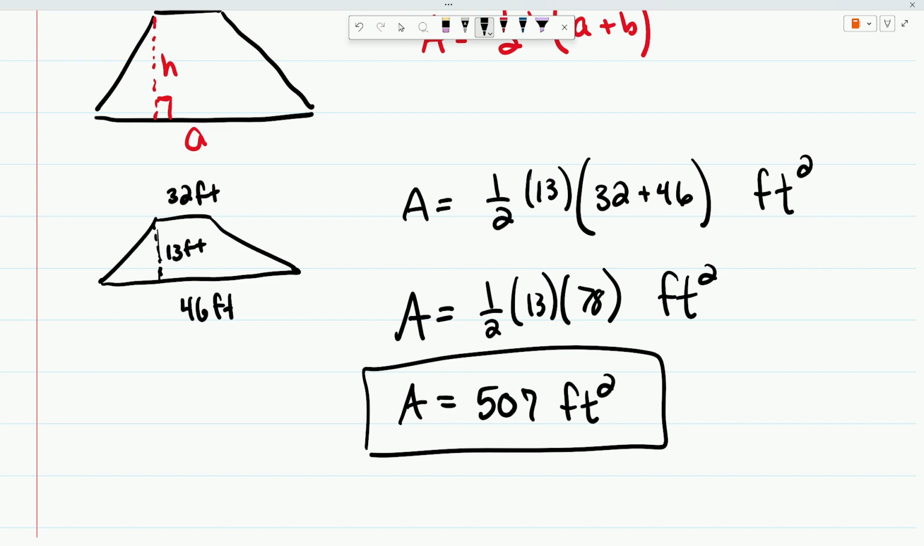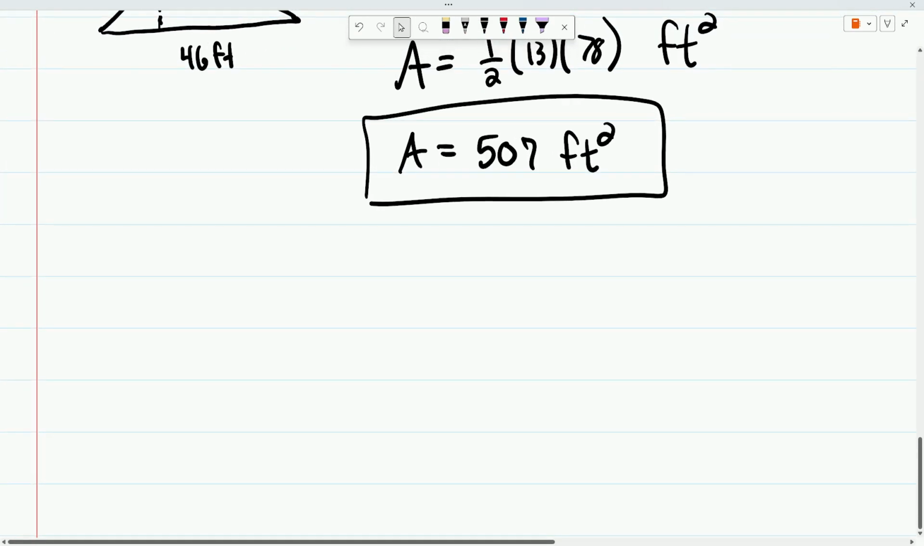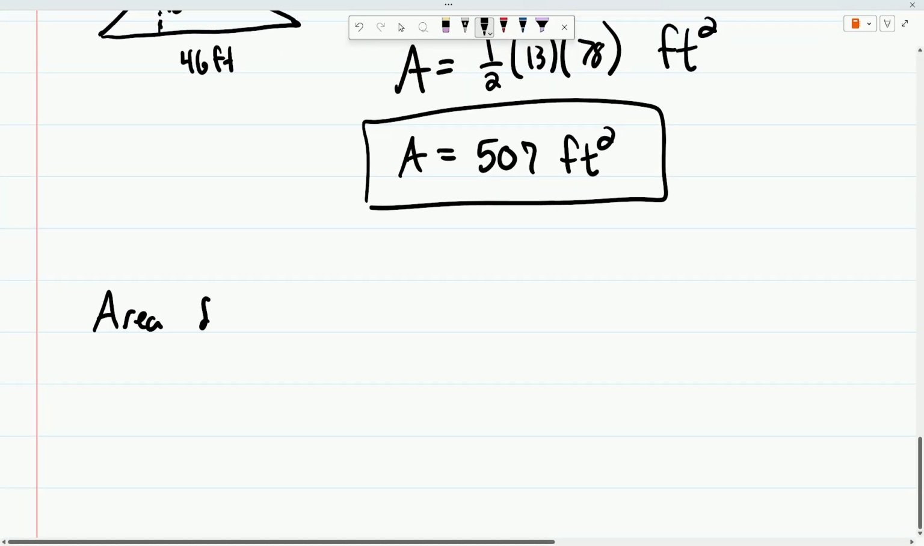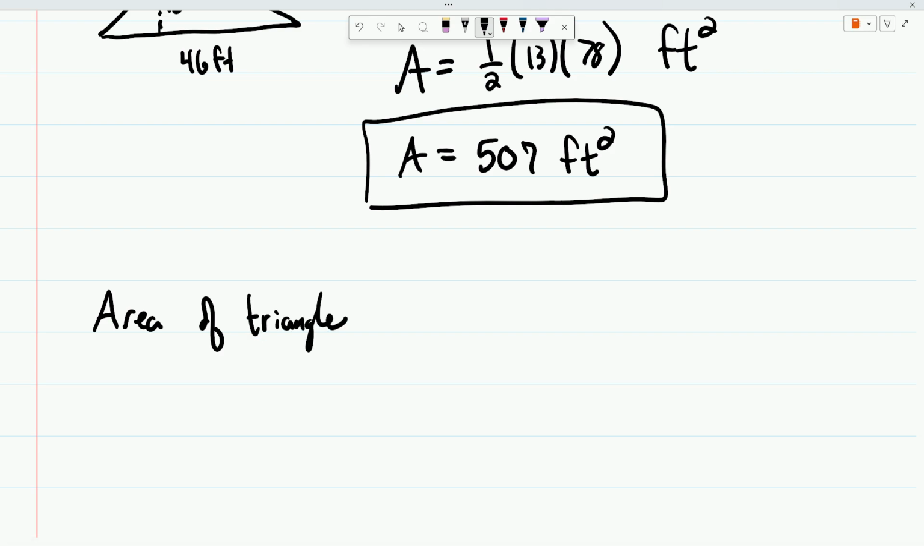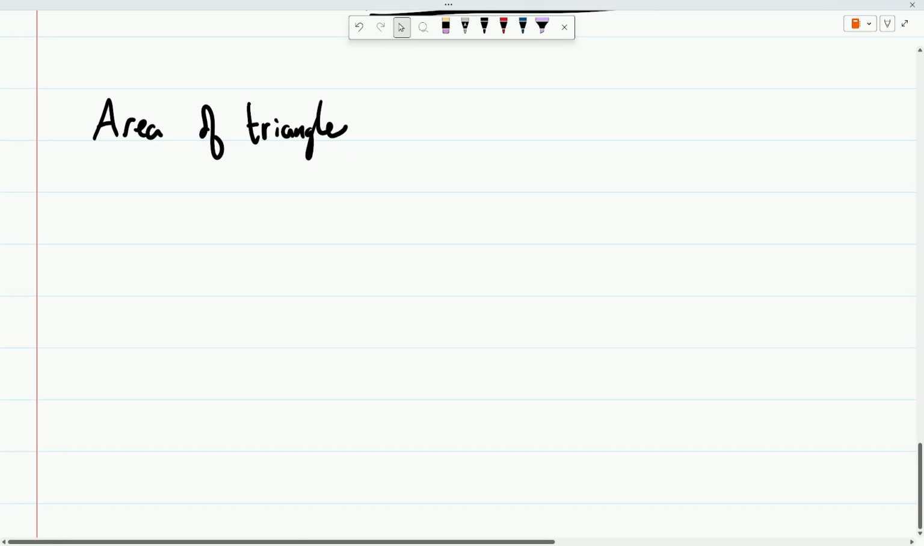Now the last, not the last shape, but the last rigid shape that we're going to look at would be the area of a triangle. Now, if I asked you to figure this one out on your own, chances are you probably would. It might take you a little bit of time. But the area of a triangle